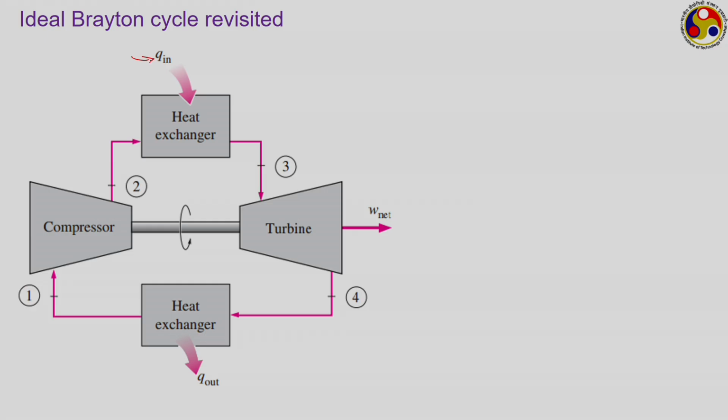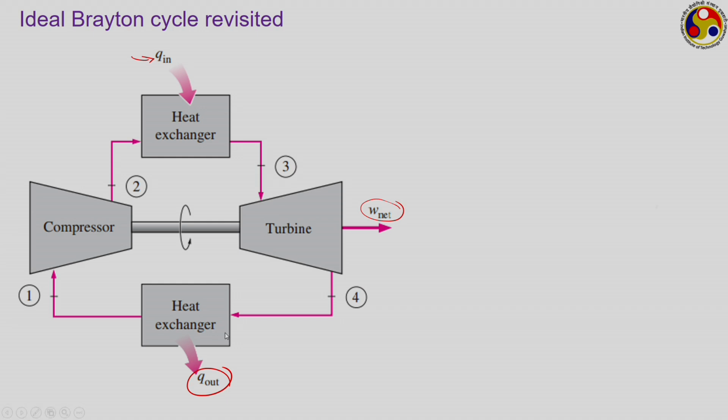This Q in is coming from some external source, and that gets added to the gas working medium in the heat exchanger, thereby raising its temperature from T2 to T3. Then in the turbine it goes for the expansion process, the isentropic expansion, from where we get the real work output. So, it comes back to the lower pressure level at point 4, and then it rejects the waste heat in the form of Q out in the second heat exchanger,